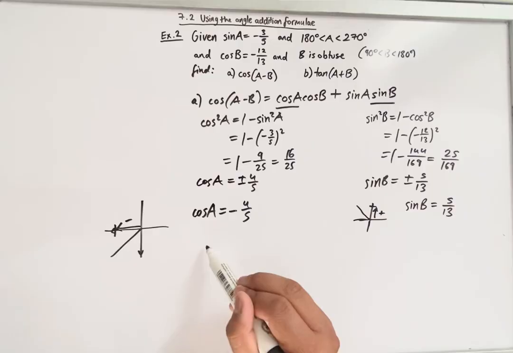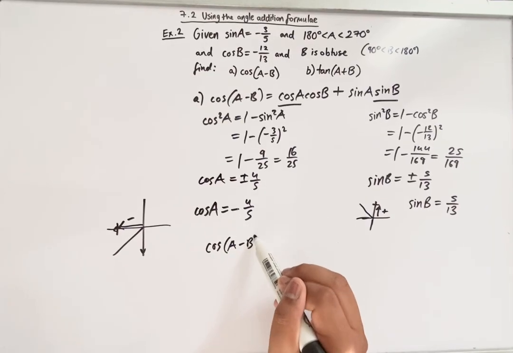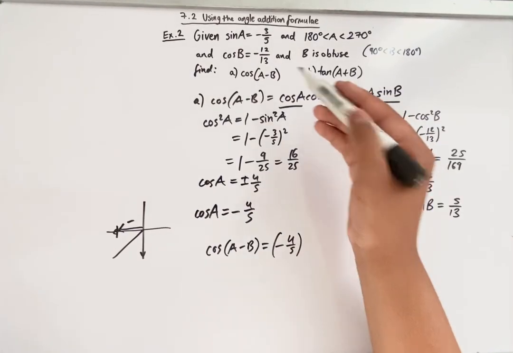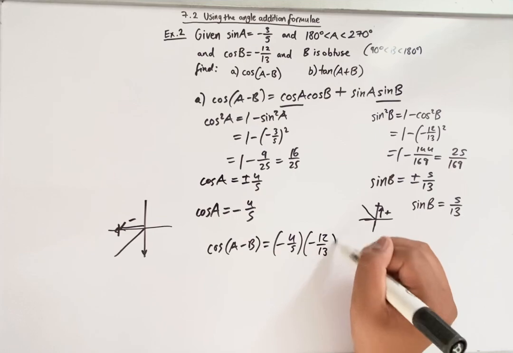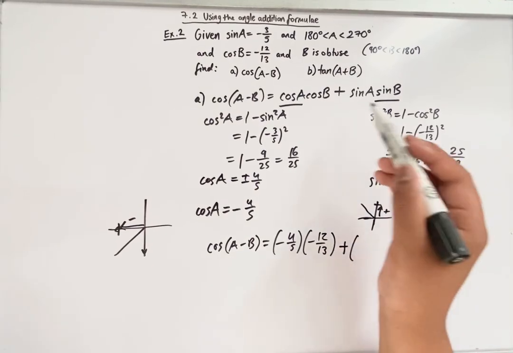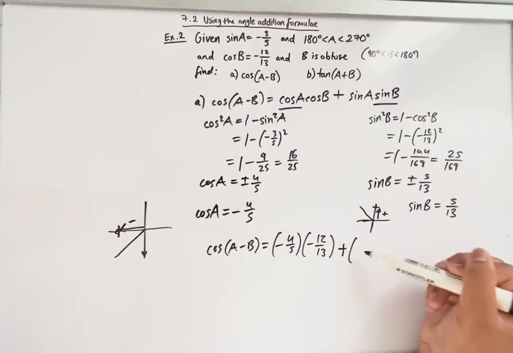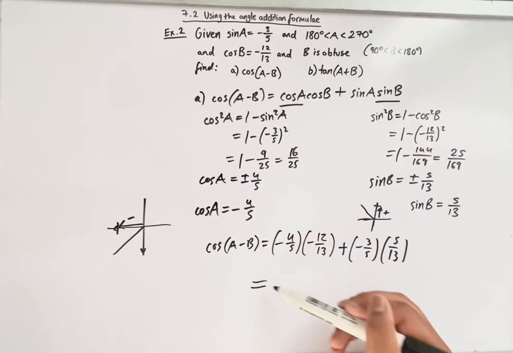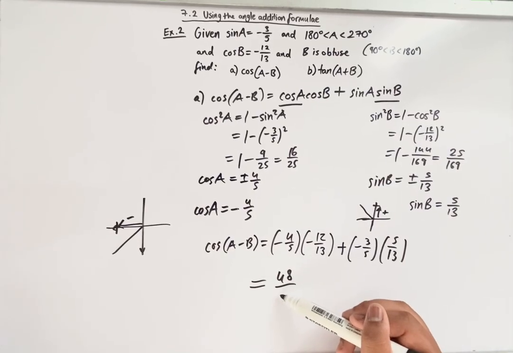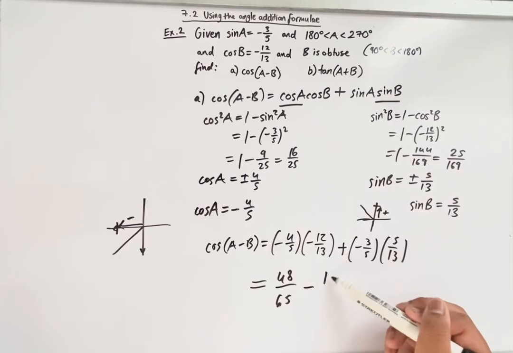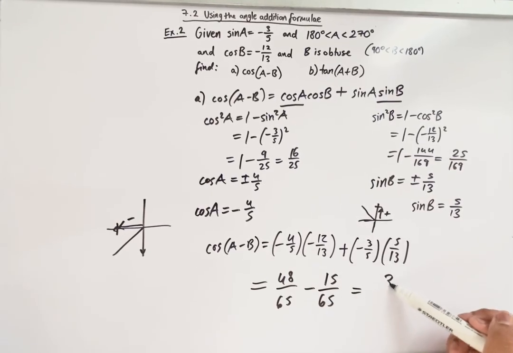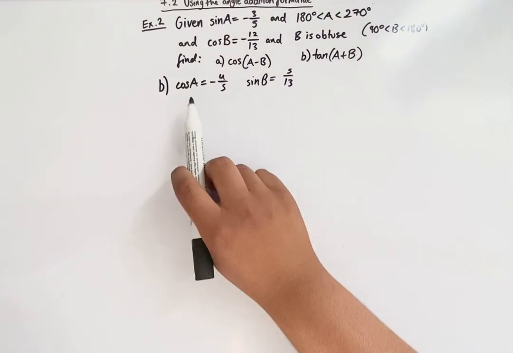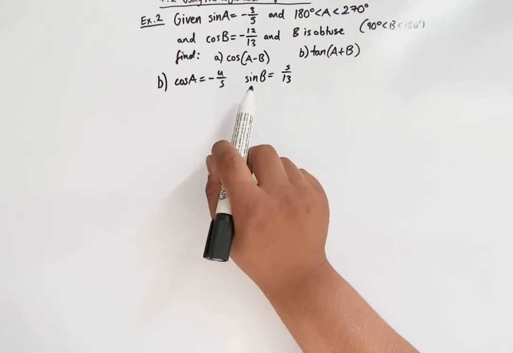So cos of a minus b is equal to cos a, which is negative 4/5, multiplied by cos b, which is negative 12 over 13, plus sine of a, which is minus 3 over 5, multiplied by sine of b, which is 5 over 13, and we get 48 over 65 minus 15 over 65, and we get 33 over 65, and that is the final answer. For part B, we know from part A that cos A is negative 4/5 and sine B is